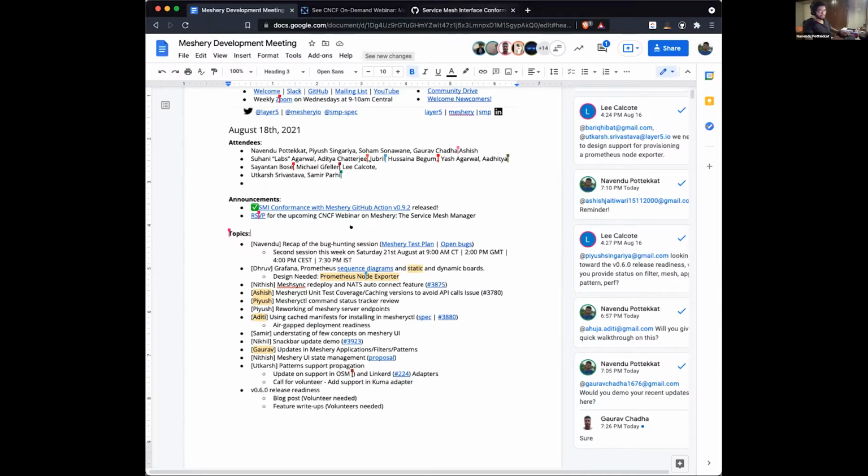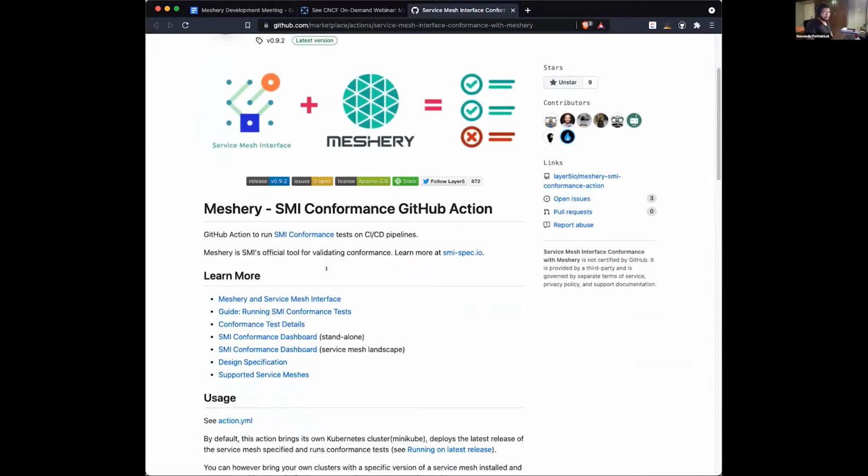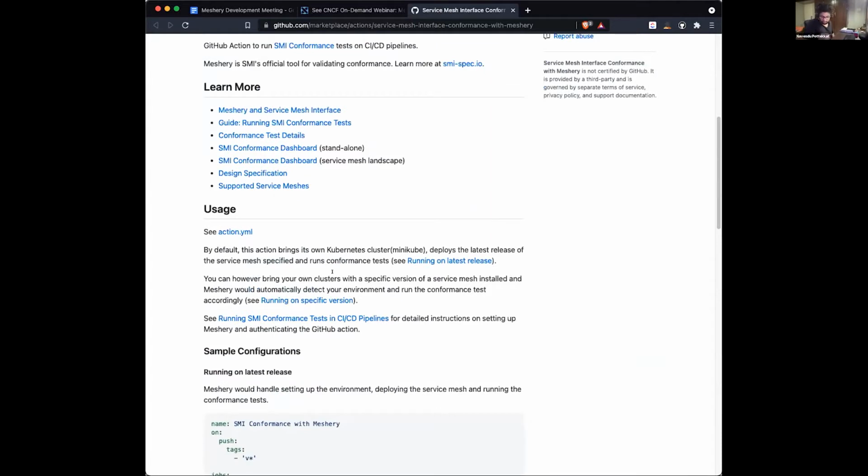First up, we just released a new version of a GitHub action, the SMI conformance with Meshery GitHub action. Some of you folks who are on this call have been working on this action, and it is being adopted by one of the service mesh projects currently.